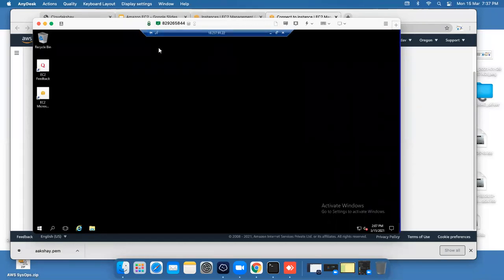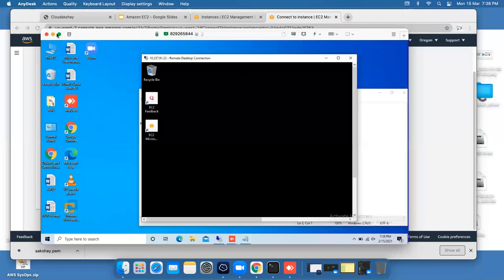And we will discuss some more things about this machine or the Linux machine in upcoming sessions. So let's move to the next topic, how can I delete my machines from the console.